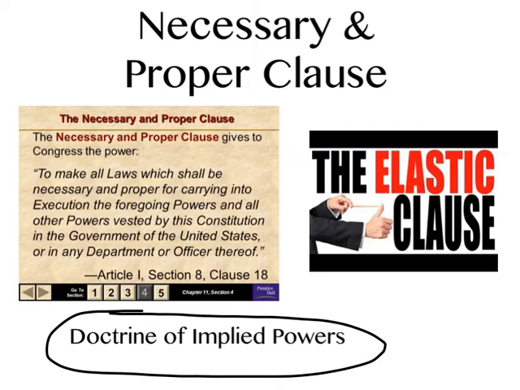And what that has allowed Congress to do is regulate matters of the national economy, like making national regulations, the Environmental Protection Agency, the Clean Air and Water Act. Things like that were deemed necessary and proper to regulating interstate commerce. And this has allowed the federal government, or the national government, to have a very expanded authority in a lot of different areas of life.